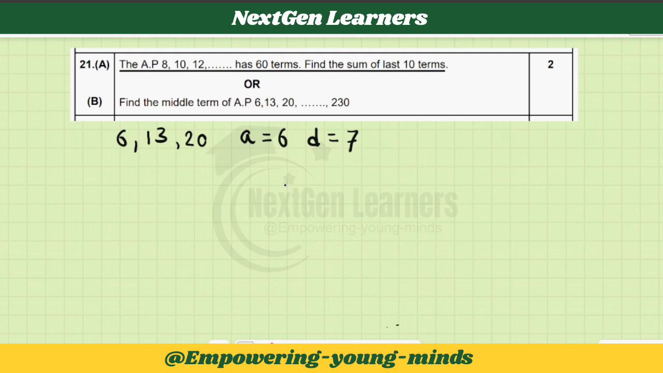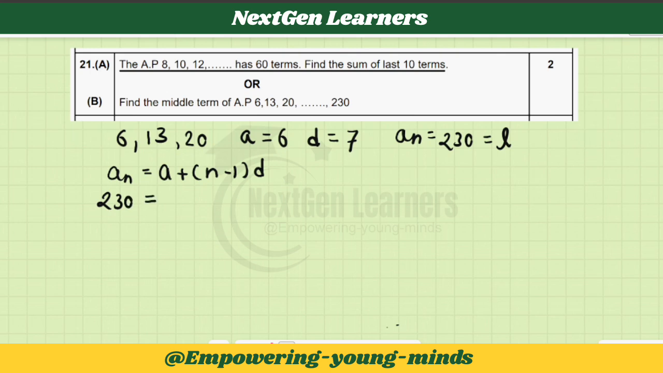Now if I calculate the last term formula, so what is the last term formula? Sometimes we denote last term as L, and sometimes we denote it as a_n only, so that will be a plus (n minus 1) into d, and last term is given as a_n is equal to 230. Sometimes we also denote this by L. So 230 is equal to a